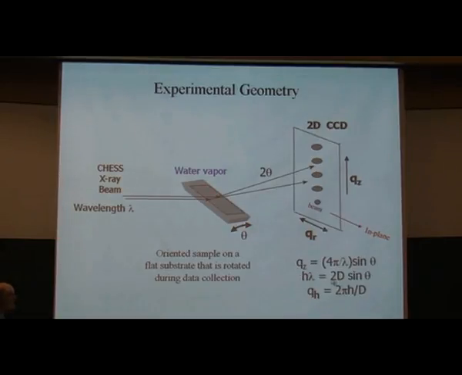So here's the Bragg equation. The order h, so this would be first order, second order, third order, fourth order, gives us the scattering angles by the equation if I know what D is. Of course, what we do is we measure the scattering angle and find out what D is. The Q values, and I hope everybody has seen Q values before, the definition is Qz equals 4 pi over lambda sine theta.